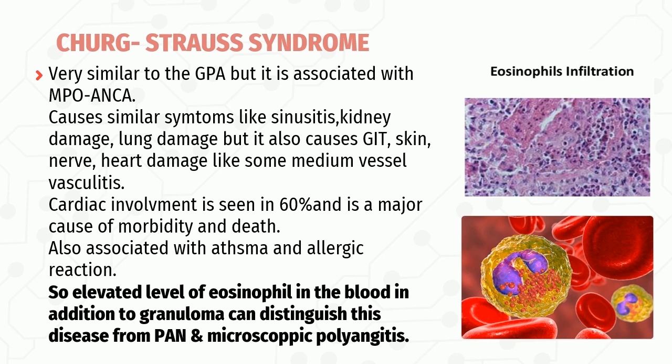is associated with myeloperoxidase ANCA. It causes similar symptoms like sinusitis, kidney damage, and lung damage, but it also causes GIT, skin, nerve, and heart damage like some medium vessel vasculitis. Cardiac involvement is seen in 60% and is a major cause of morbidity and death. It is also associated with asthma and allergic reaction, and the patients may have elevated levels of eosinophils in the blood. So, elevated levels of eosinophils in the blood, in addition to granuloma, can be used to differentiate it from polyarteritis